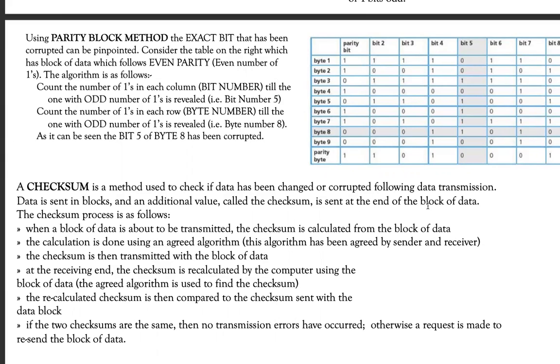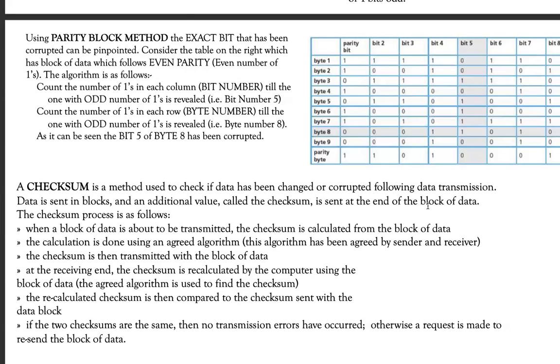However, if both values differ, that means the checksum technique has identified an error in the data transmission, and therefore this receiving device will notify the sender to retransmit the data because there is an error. So just a quick recap, the sending computer applies a formula on a block of data to calculate a checksum. The checksum will be